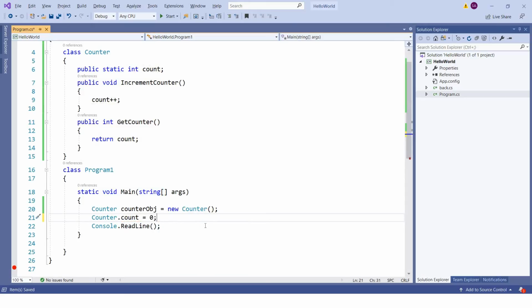So what is a static variable? If someone asks you, the first thing you must be aware of is that to access any static variable, an object is not required. You simply reference a static variable using the class name itself. To access any static variable, you need not require any object, so instantiation is not required. As and when you run, it will be allocated and you should be able to fetch it.